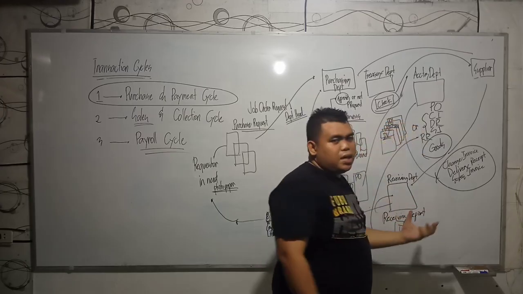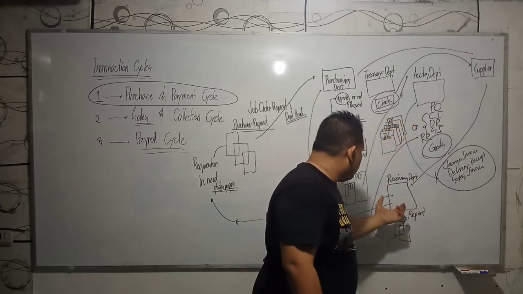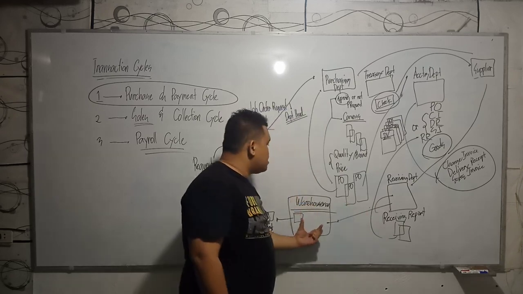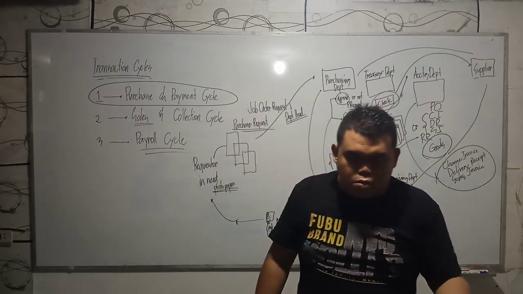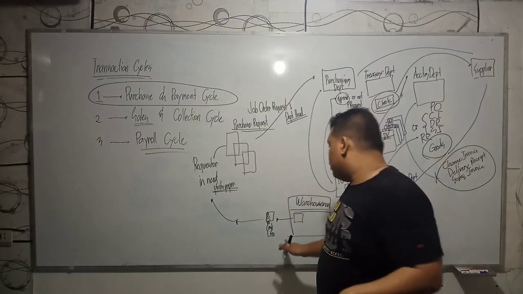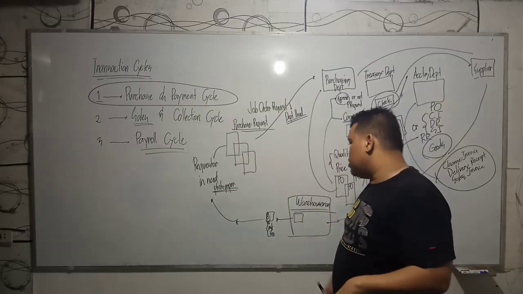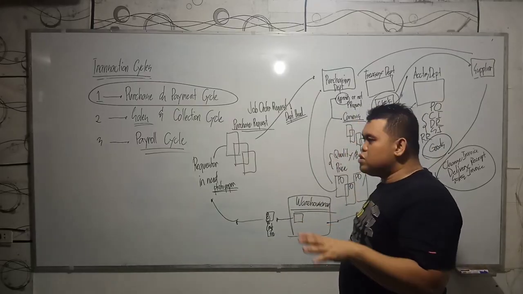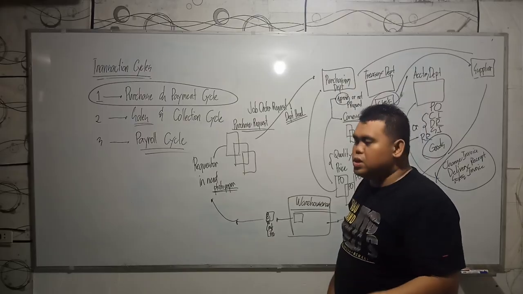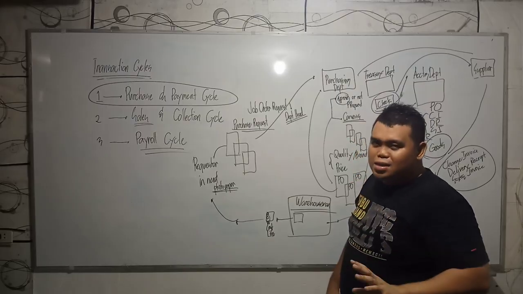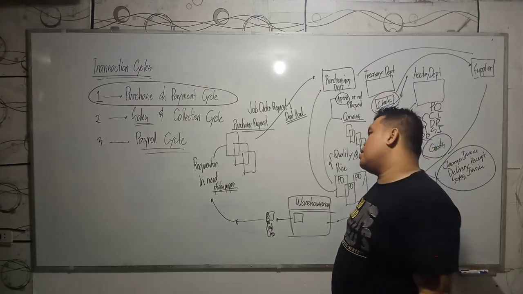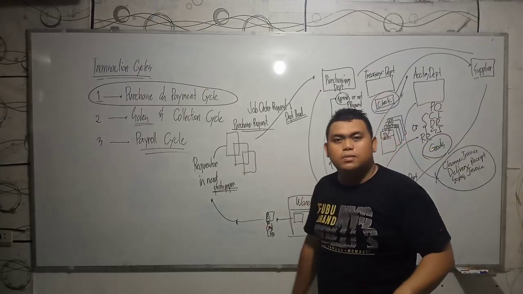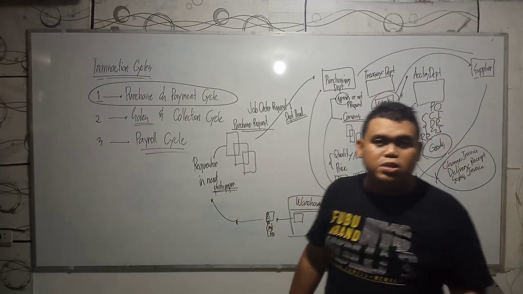And if everything is good, the receiving department will give that to the warehouseman, or property custodian, I don't know. There are some companies that use a property custodian. So the warehouseman or the property custodian will inventory tag those items if it is proper to inventory tag them and then give them to the requester. Something like that. So that's the purchasing cycle.